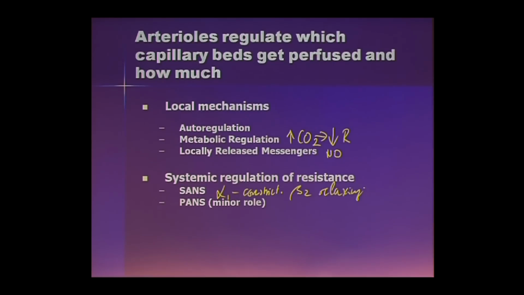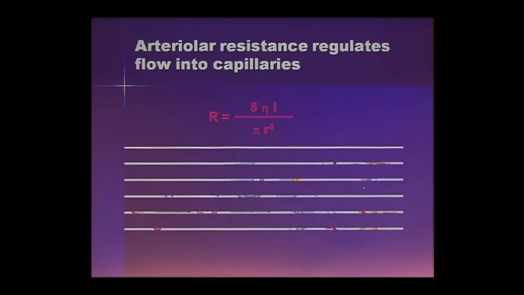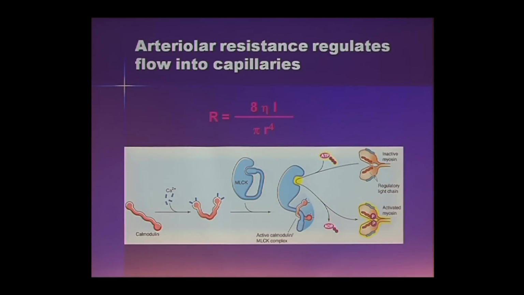Okay. The parasympathetic nervous system has a minor role, and circulating hormones can both dilate and constrict depending on what the needs are. So this is actually how the whole system is regulated. Remember when we talked about the heart, we said that free calcium in the cytoplasm determines the strength of the contraction of the heart muscle. The same story in the smooth muscle. These blood vessels have smooth muscle that constricts. Same story, calcium.